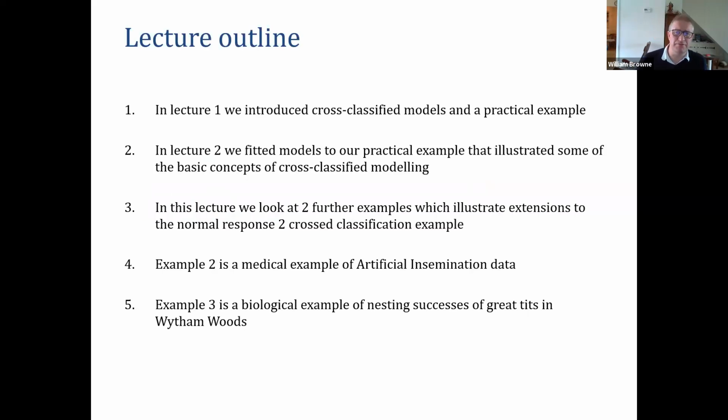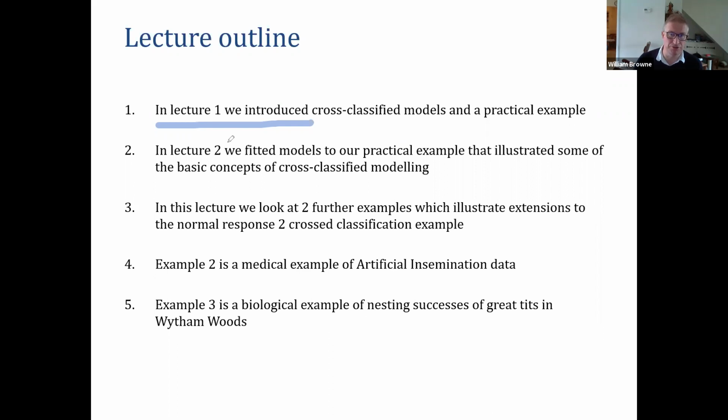So let's have a summary of where we've got to so far. In the first of these 3 lectures, I started us off and I introduced the idea of cross-classified models. I motivated that by talking a little bit about multi-level models in general, in particular more nested cases, and then showed what the difference was with cross-classified models through some illustrative examples, and gave some background into a practical example that we'll be using in a practical that you can follow along with, but also that was covered